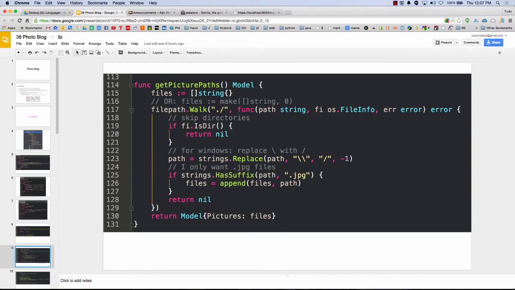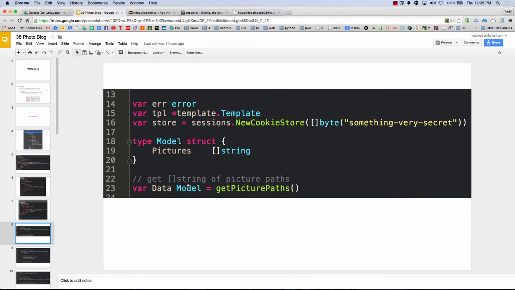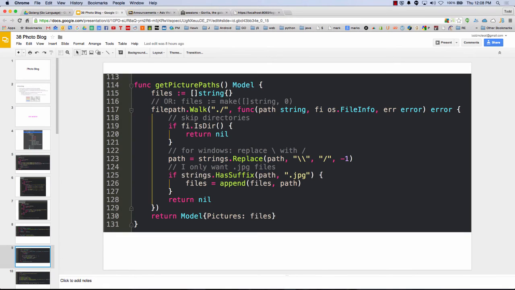Cool. Let's see get pictures path and how does that work. So it returns a model. So this data is of type model, right? And model is this, and this returns a model. So data is getting back that struct. And so here we create files as a slice of strings, and